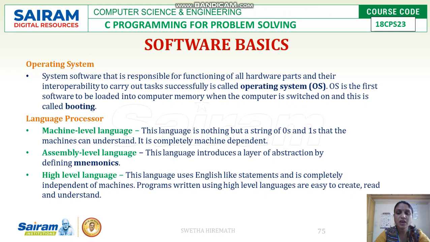For example, we will be giving the data to the computer system in high level languages. But the computer system will not understand the high level language. It has to be converted into machine understandable language. Machine understandable language is usually binary language, in terms of zeros and ones. So whatever high level languages there are, they have to be converted into machine understandable language. This task will be carried out by the language processors.